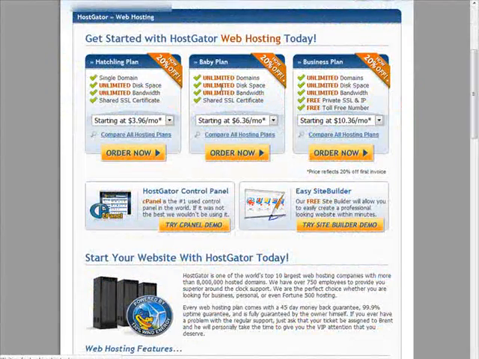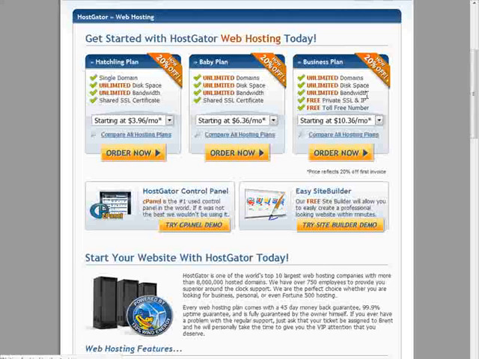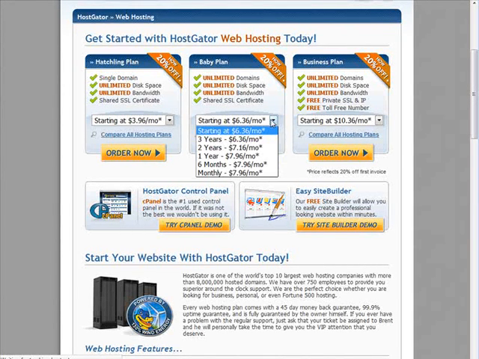In here, you have some inexpensive packages. You have the Hatchling plan for $3.96 a month. You have a baby plan. This is the one I recommend that you purchase, or a business plan. Now, if you have a bigger need and you want an SSL certificate, you should get the business plan. Okay, so this is only $6.36 a month, or